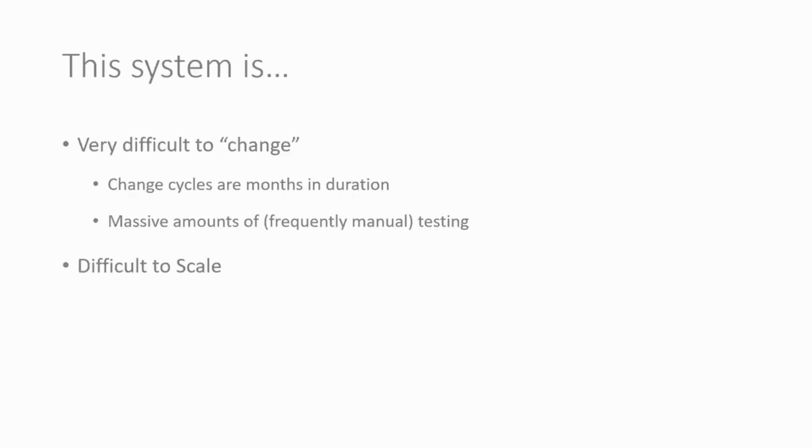Difficult to scale. Now, what I mean by that is, the CRM platform is a huge system. And let's say, for example, you are going to experience increased orders at certain points of the year, say, near holiday periods or Black Friday sales. You may want to try and scale the part of the system that just deals with ordering, and all the other parts of that system don't need to necessarily scale as much. But with a monolith, you can't do that. You have to scale the entire system. So quite difficult to scale specific bits of the system. You can scale it, but it means you have to scale absolutely the whole system, which makes it quite inefficient to scale.